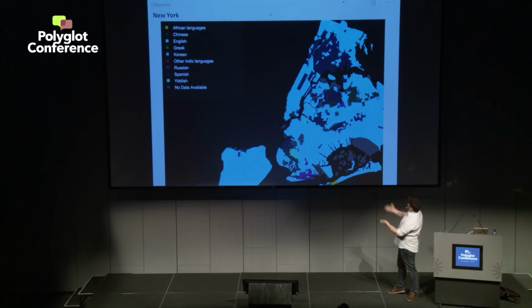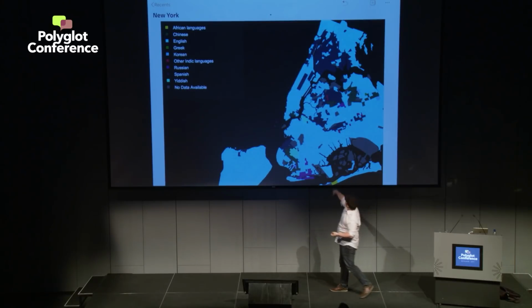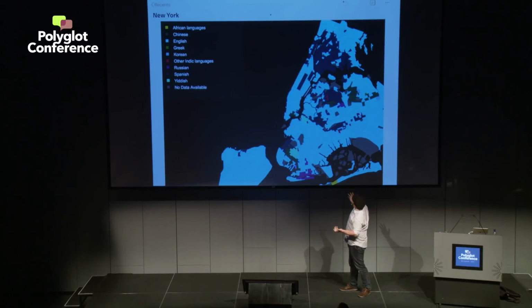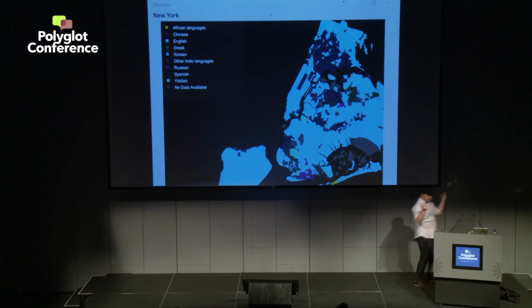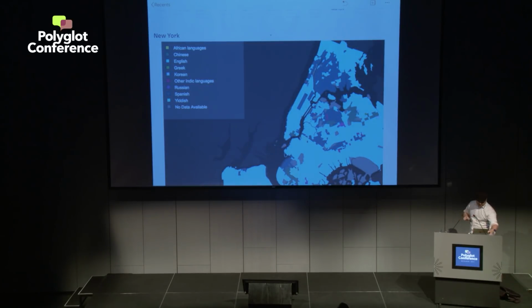You look at this, and English is clearly the language. I mean, obviously it's going to be English, but you see little bursts of the Spanish communities in the Bronx, and you got a little bit of Russian down here. That's nice, but what if we could just take away English? Let's do that. If we change the graph and exclude English, then it starts to get a little bit more colorful.